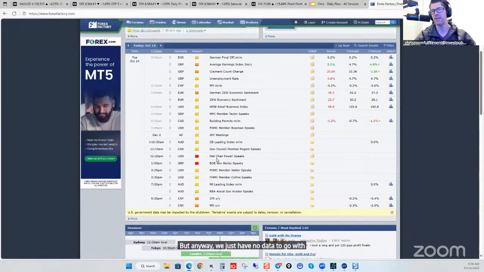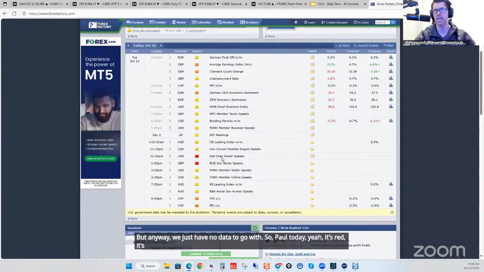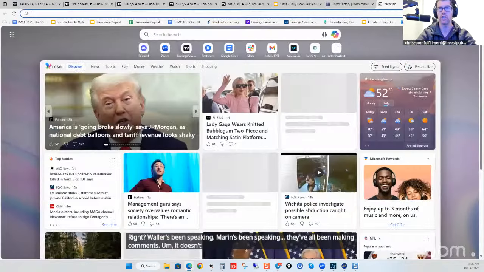So Powell today, yeah, it's red, it's high impact, it's on the calendar. I don't think we're going to get much out of it outside of the same stuff that's been being released. A lot of Fed speakers have been talking the last couple of weeks. Here's Bowman this morning, right? Waller's been speaking. Miran's been speaking. They've all been making comments. It doesn't seem like much is changing on the watch tool,